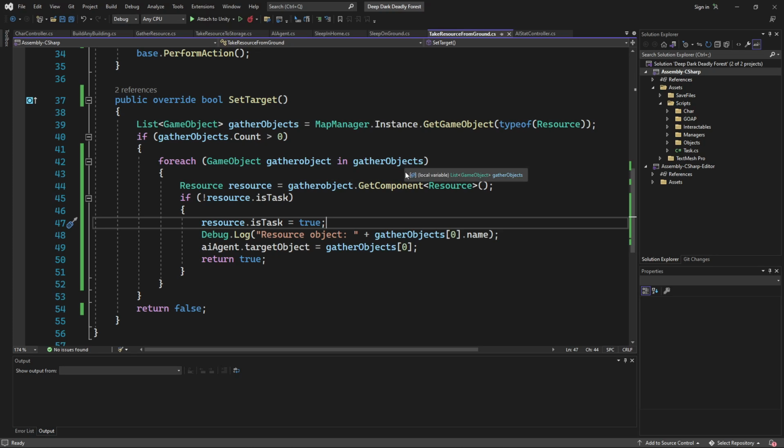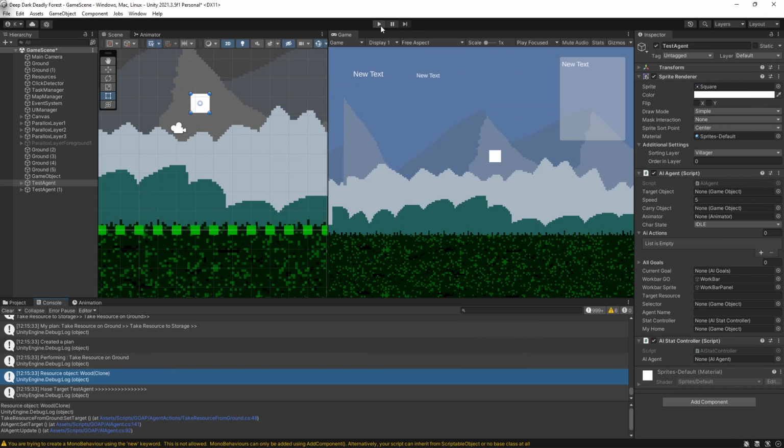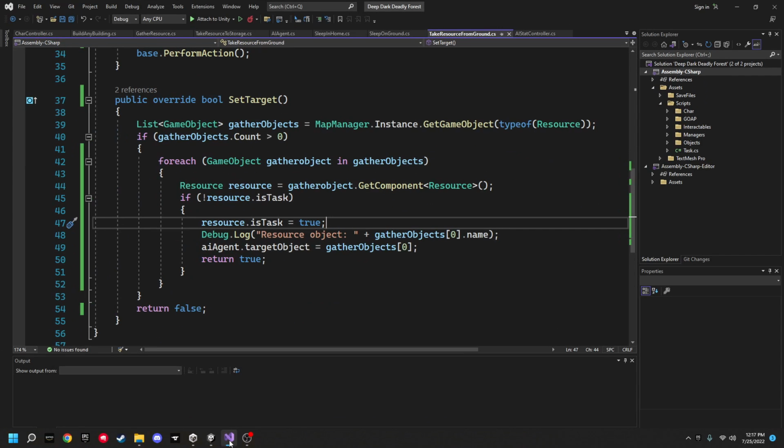For each gather object, if this task is true, then the task is now true. It worked with the other one. Am I forgetting something?